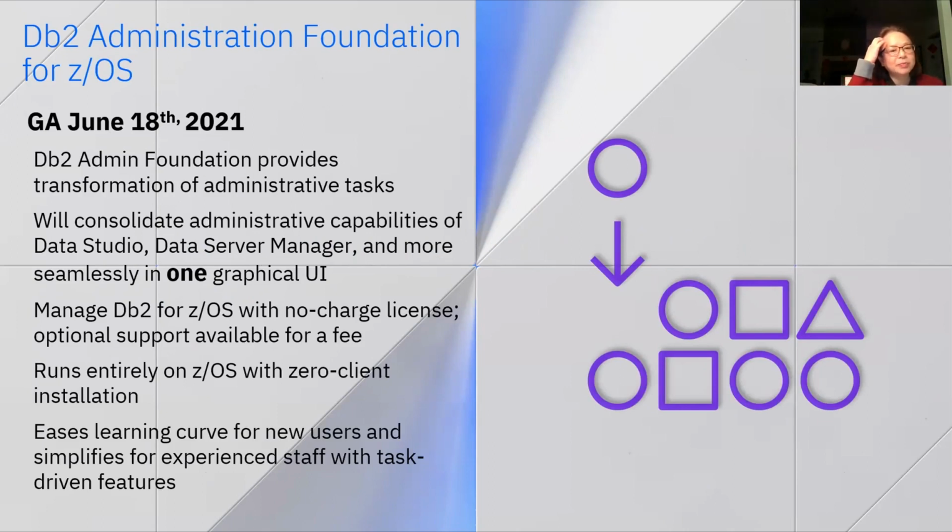It really is a product that provides the transformation of administrative tasks and gives users a modernized experience through a unified graphical UI, which consolidates the Data Studio and DSM capabilities. It's a no-charge license with optional support available for a fee. This solution runs entirely on z/OS with zero client installation, giving more control to the z/OS and mainframe team,